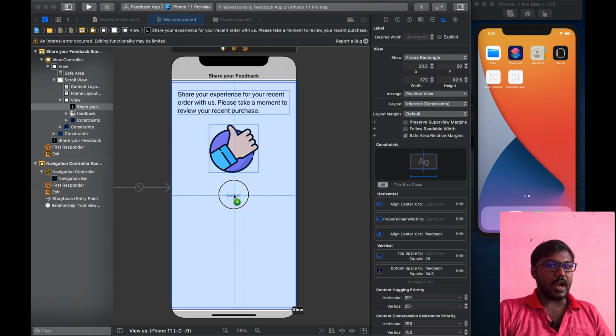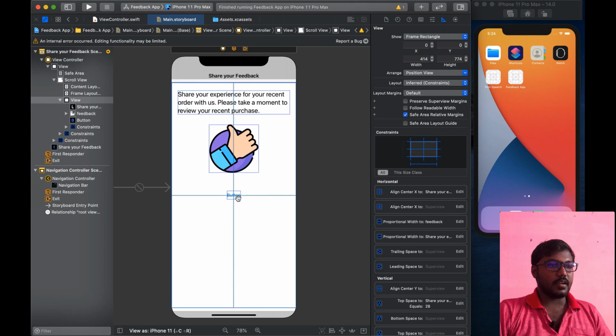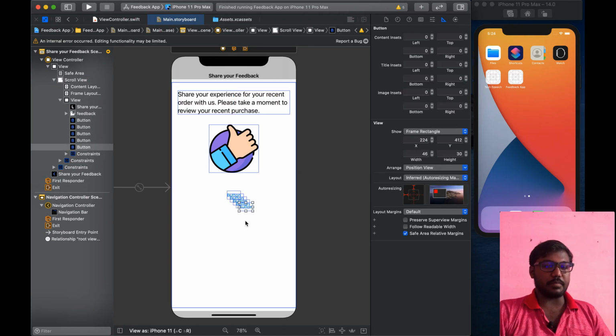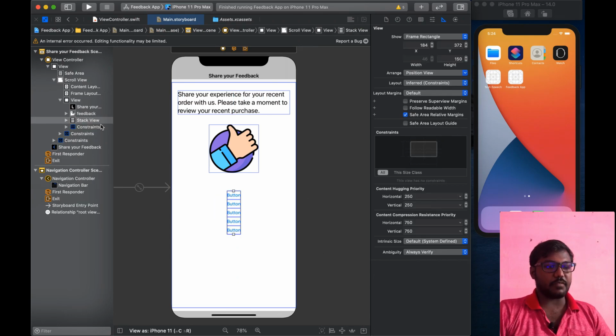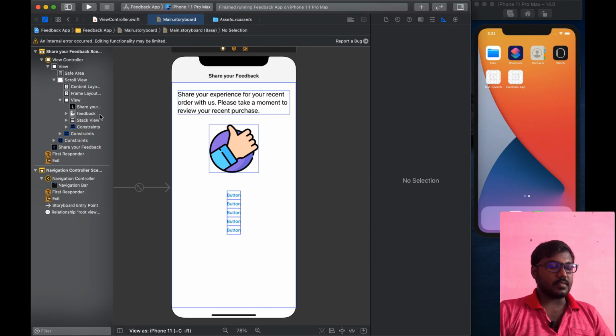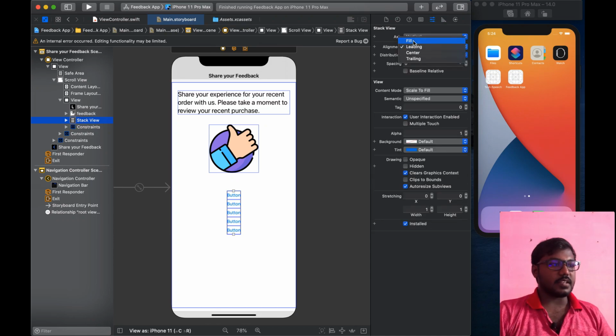Then I am going to add the buttons. First I am adding a single button, then duplicating the button to make five buttons. Then I add the buttons into a stack view, embedding them in the stack view, and apply the constraints for the stack view.